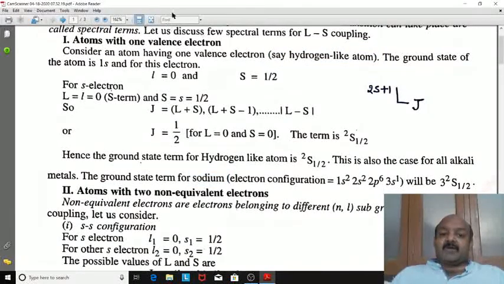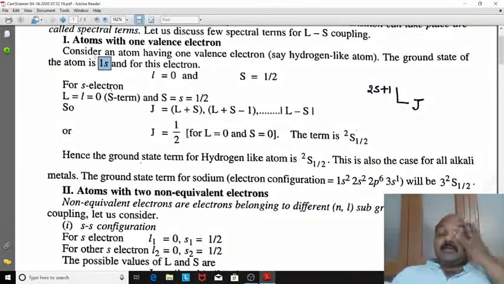The valence electron, as we are to deal with the valence electrons, resides in s state. It lies in s orbital. For sodium, it lies in 3s orbital, 3s1 configuration, and in case of hydrogen, it is in 1s1 configuration. So, as electron is in s state, then l will be 0. For s orbital, l is 0.